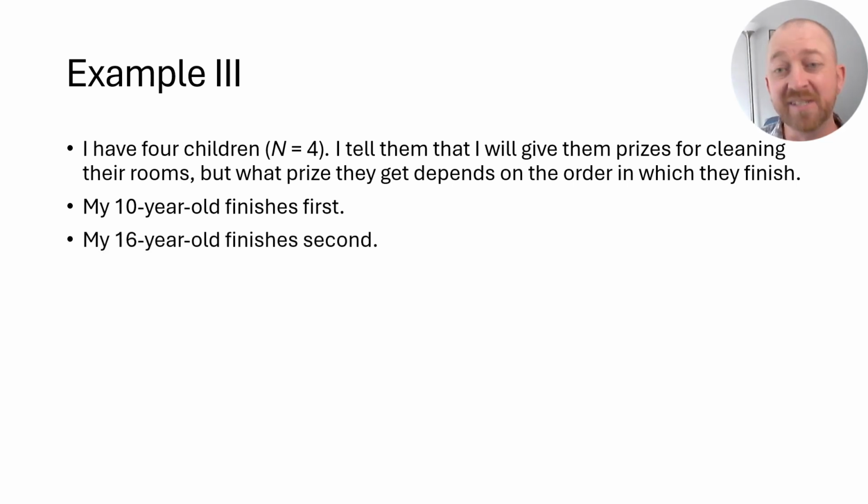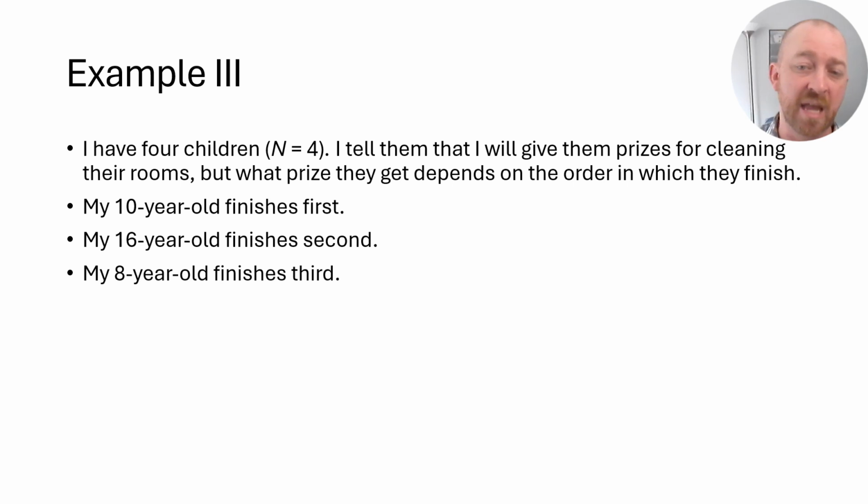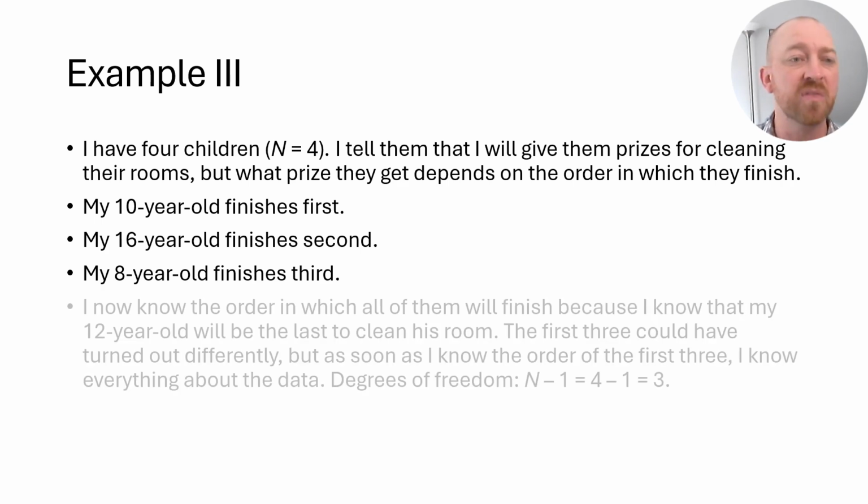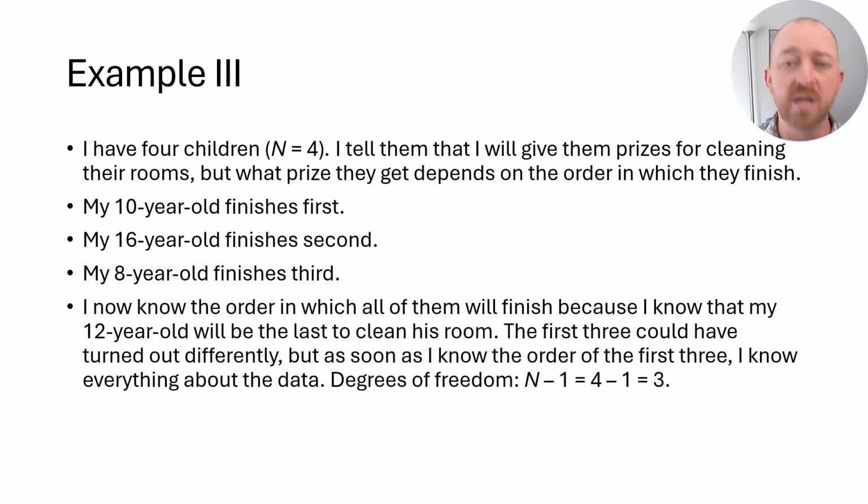So then let's say my 16-year-old finishes her room cleaning, and now I can give her her second prize. Now I don't know the order of the last 2, however. I don't know who's going to finish next. But once I know that my 8-year-old finishes next, I now know the order of all 4. I now know what's going to happen. So in other words, I needed to know only the order of the first 3 to know the order of